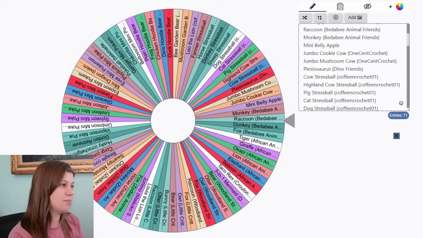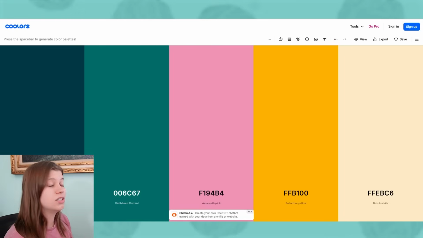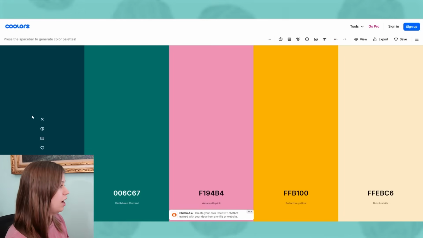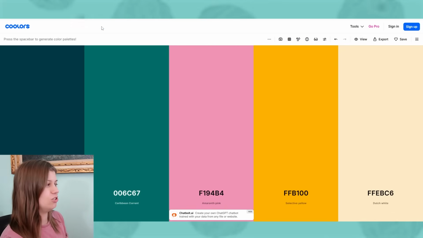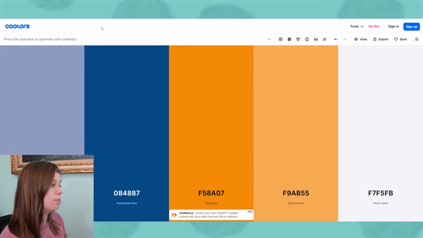So then on top of that, I also have this website called colors.co, and how this one works is very similar to the wheel, except we don't really have to do any work on the back end. You just hit spacebar, and every time you hit spacebar, it generates a new color palette for you. I was thinking that we would either choose however many colors we need to finish whatever project we're working on, or we could choose just one of the colors if it's just a single color project, things like that, just